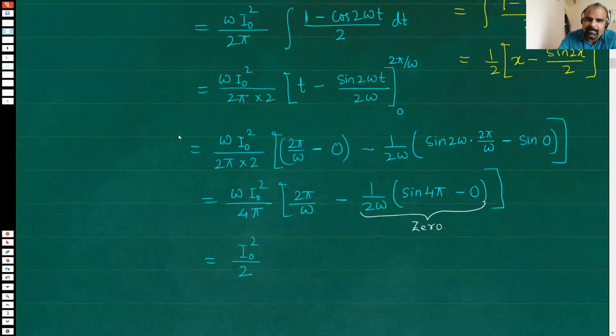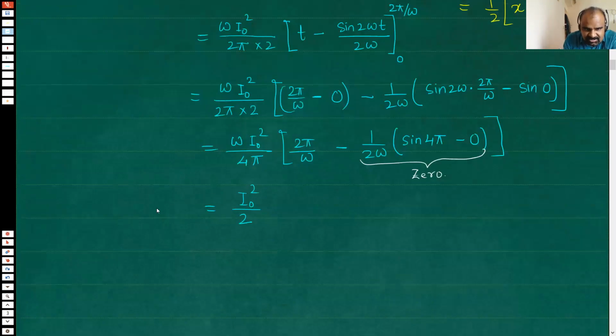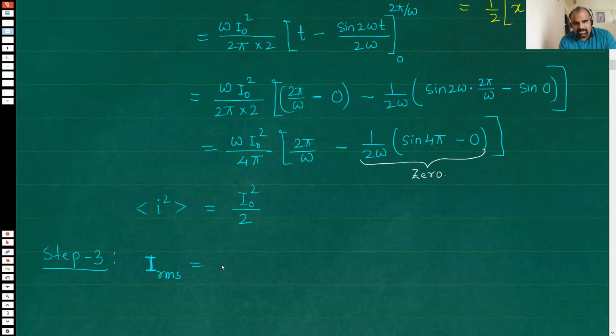So we have found, see, first what we did, this instantaneous current, we squared it. Then we found the average during one time interval. Now finally step 3, under root it. So I RMS, well, actually there is no need to write RMS. When you use capital I, it automatically means RMS, but here I'm using it. Finally you under root it. You under root this quantity.